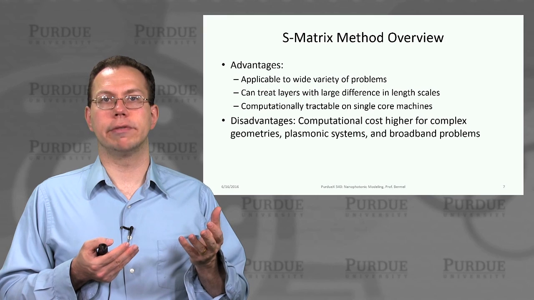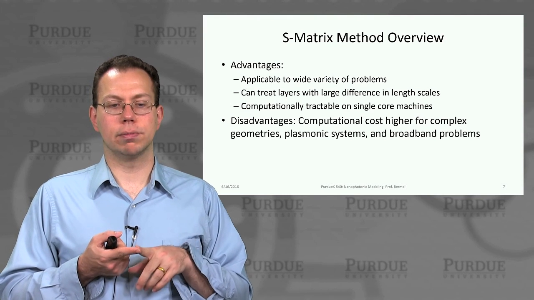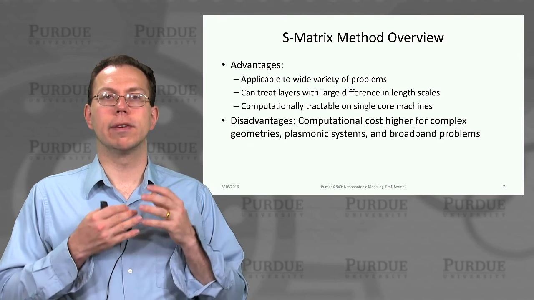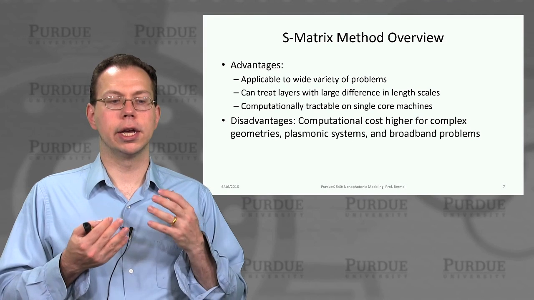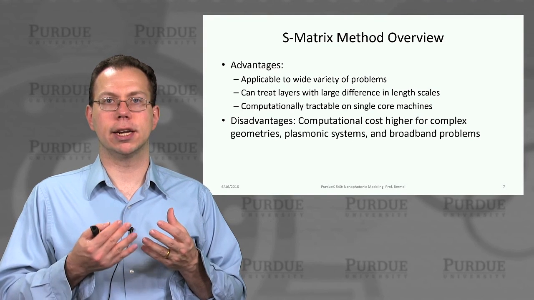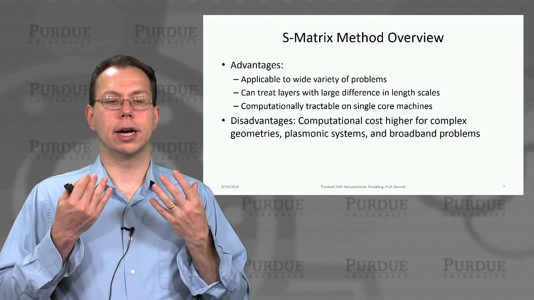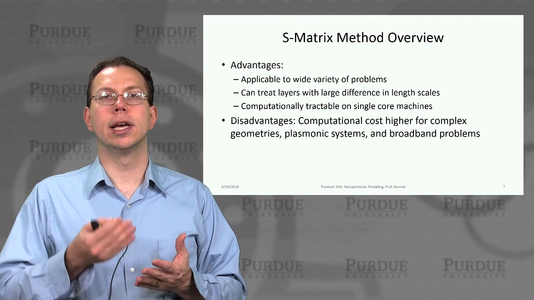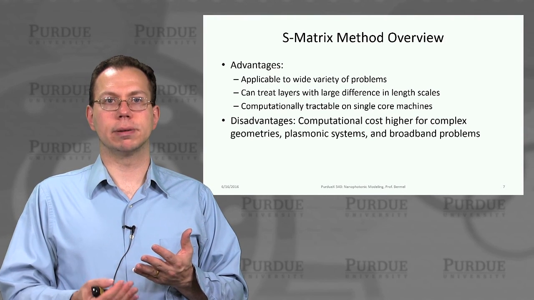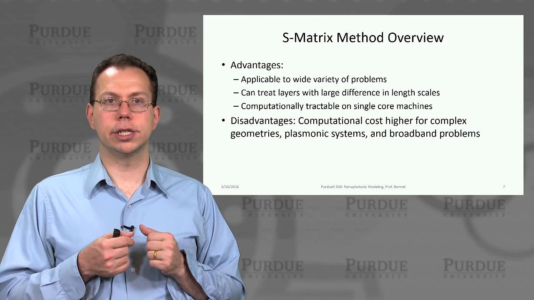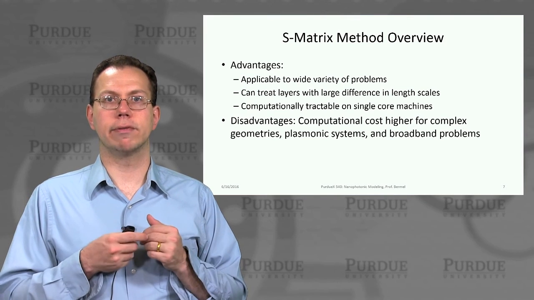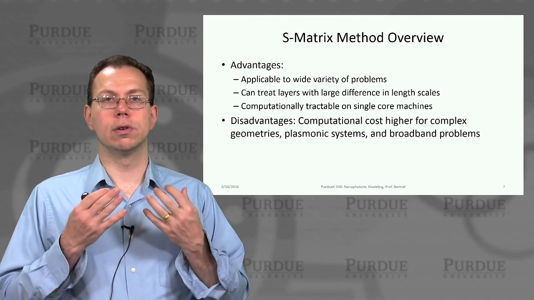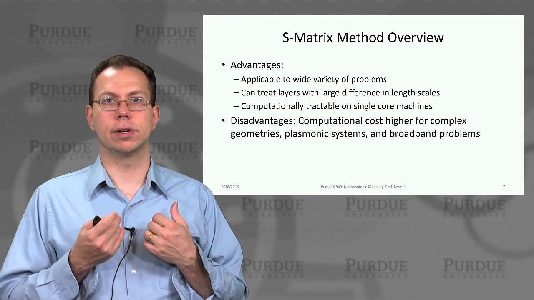But there are, of course, disadvantages, like with any method. Certain types of problems can be more computationally expensive, particularly if you have very complex geometries, especially if they can't be well represented as periodic layered structures, if you have plasmonic systems, which have metals that create very large Fourier components, and also when looking at broadband types of problems. So in conclusion, it's a very strong technique, but we haven't necessarily looked at all the techniques that we'll need. In the next unit, Unit 3, we'll talk about something else that may be useful, a different domain.